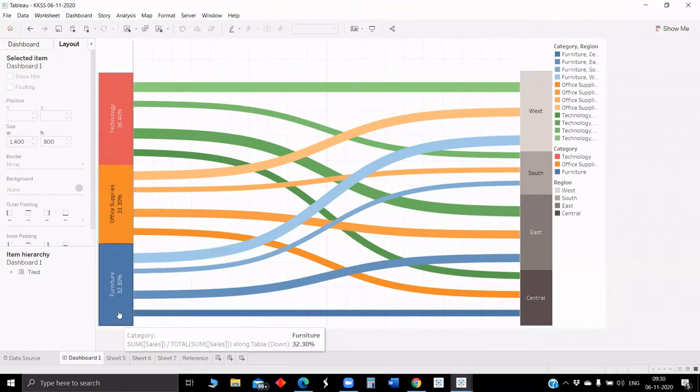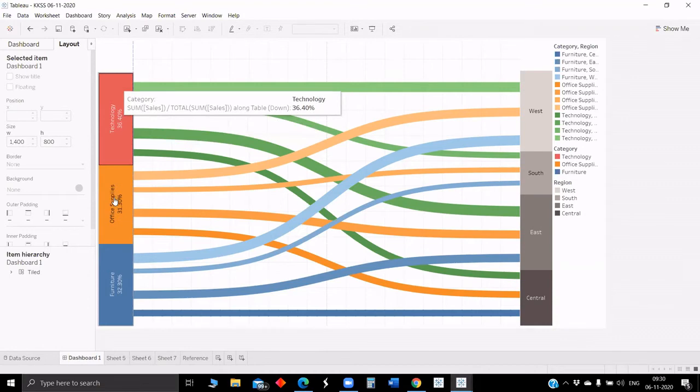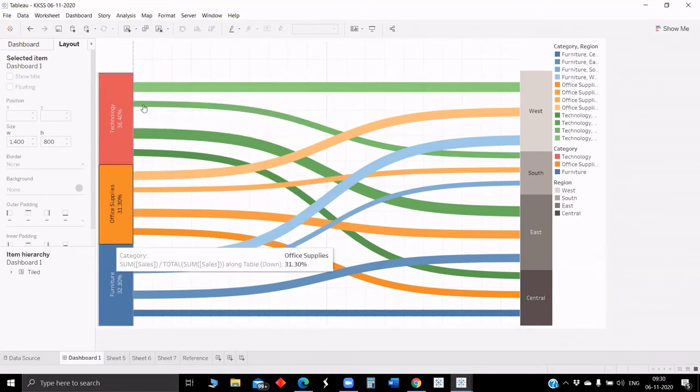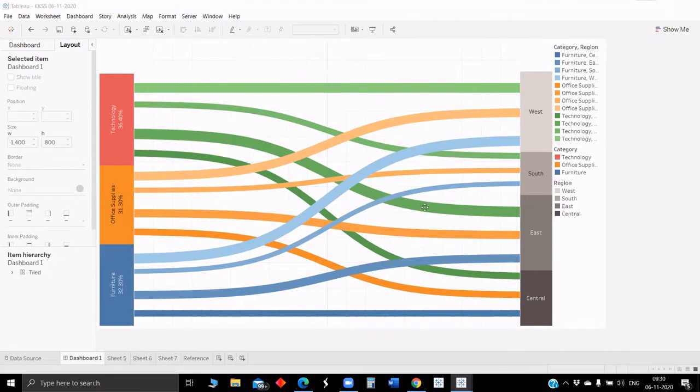If you go by running sum of sales, from 0 it will keep adding up furniture, supplies, technology, all those. Achha, so without using running sum, the curve would start again from the bottom. Yeah, that's the reason we are using running sum. Got it. So this is rank 1.